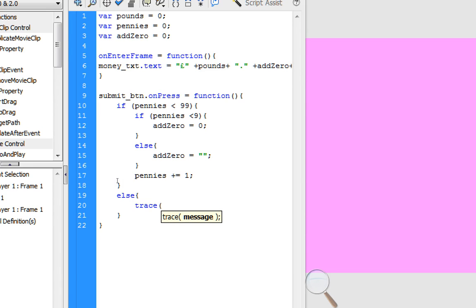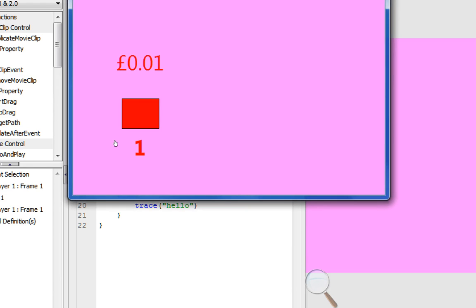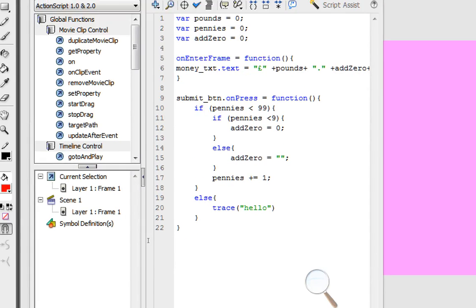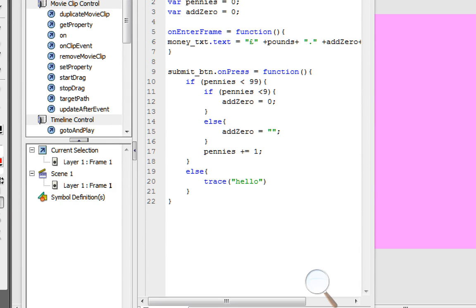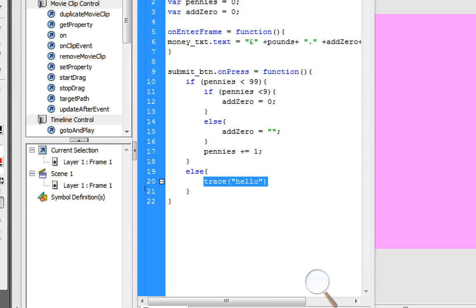I just want to see if the code works. So if I do trace, hello. What it's going to do is keep adding 1 penny until we get to 99, where it's going to say hello. But I don't really need to test this. So yeah, okay, cool, that works. Now here's the interesting part. Else. So pennies are up to 99 right now. What do we do? Well, we do pennies